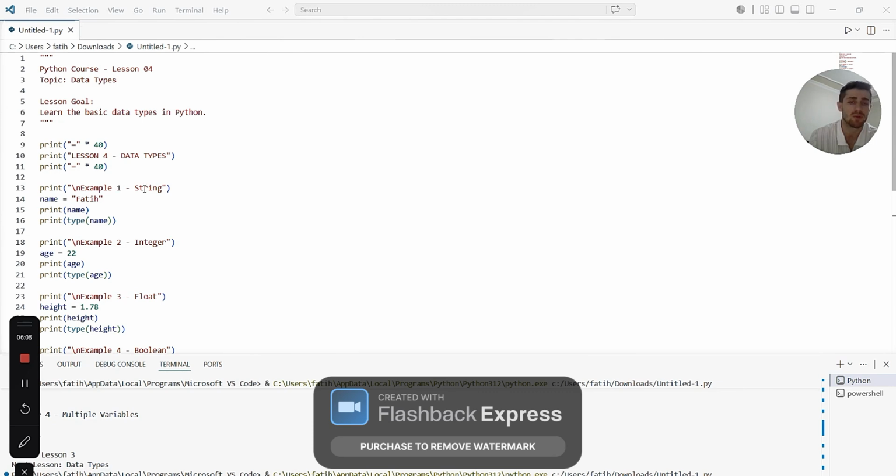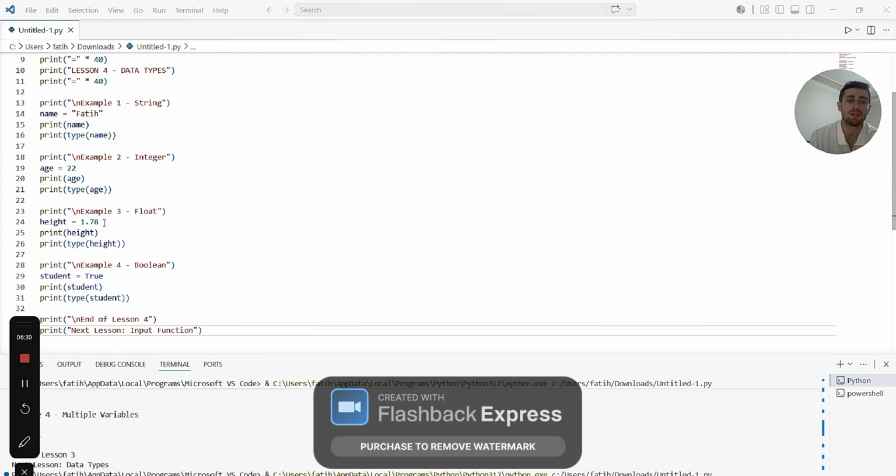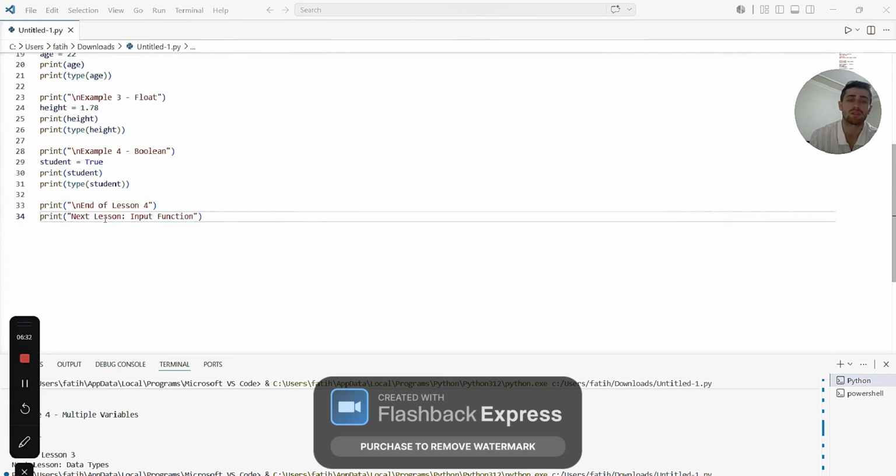Float, definition: stores decimal numbers. Purpose is for measurements such as length or weight. Boolean stores only true or false. Purpose is for decisions and conditions. Type, definition: shows the data type of a value. Purpose: check what kind of data is stored.